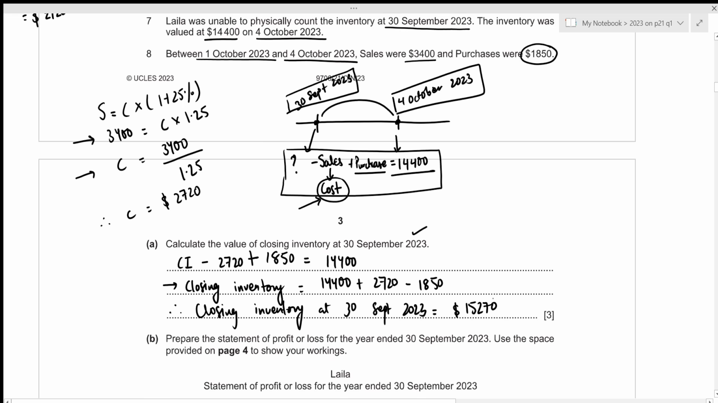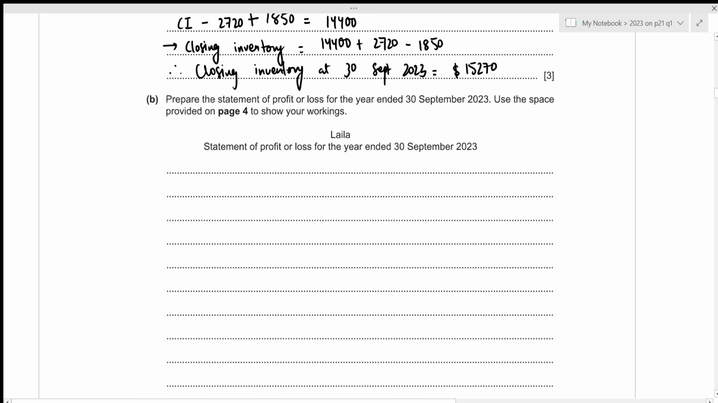That's all for the first part. Let's move towards the second one. We need to now prepare the statement of profit or loss for the year ended 30 September 2023, and we need to use the space provided on page 4 to show our workings, but I've already shown all of my workings within the question paper itself, so you can refer to that in order to get the workings required for the boxes given below. Okay, since this is a statement of profit or loss, we can first start with the